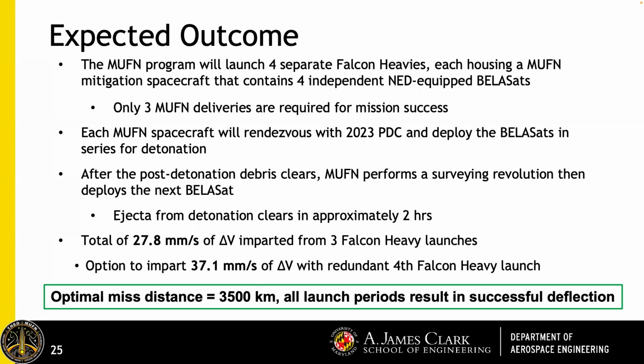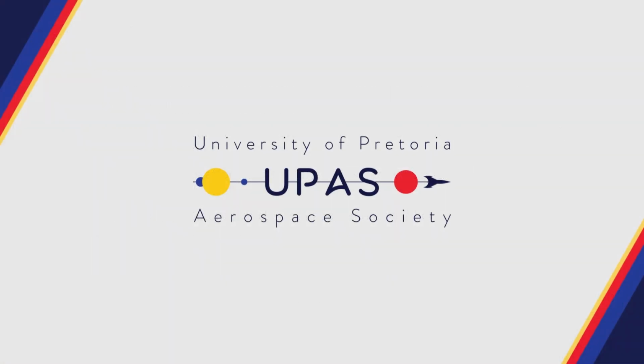But because we have a 4th redundant MUFN spacecraft, we can impart 37.1 millimeters per second of delta V to the asteroid. So if we get there and we realize it's really, really big, then we can just send that extra spacecraft. As for the missed distance, the new orbit that the asteroid will be in, will